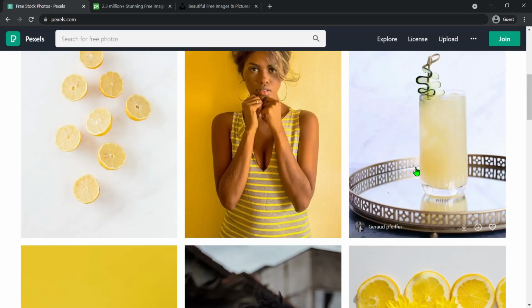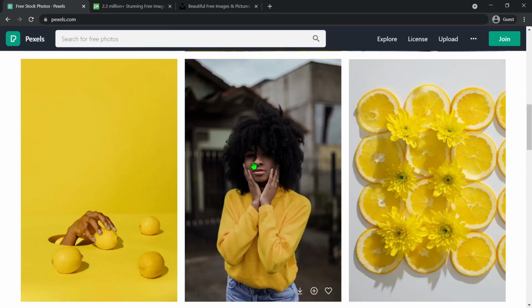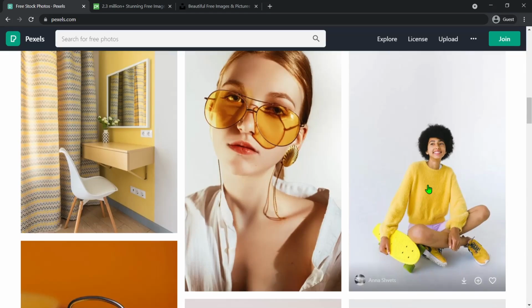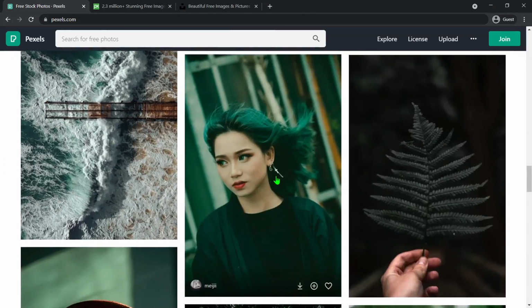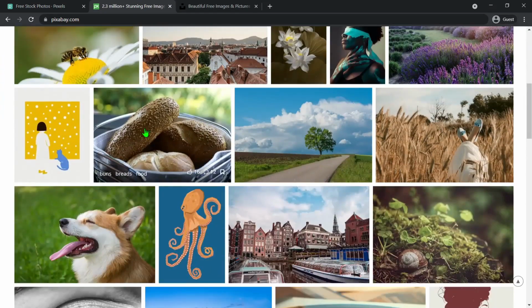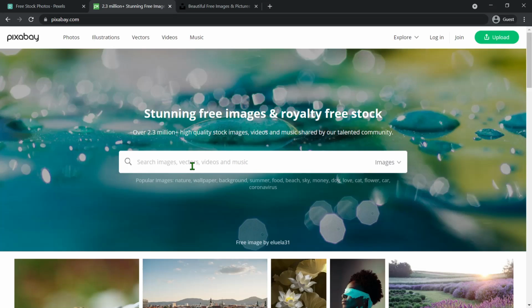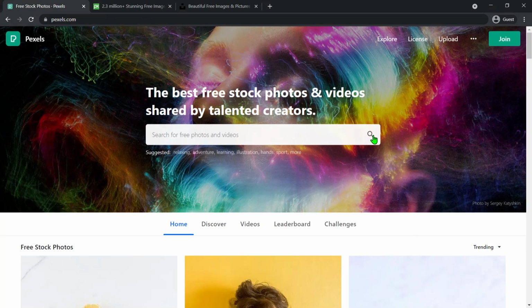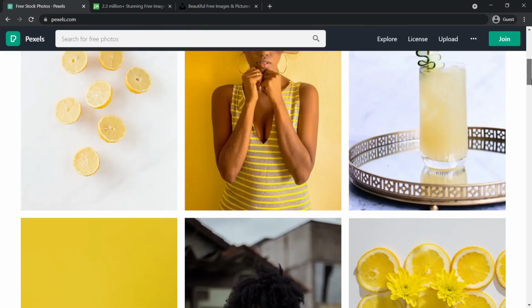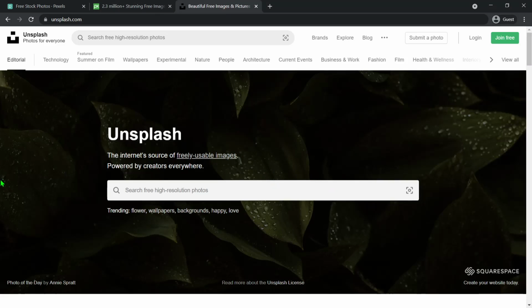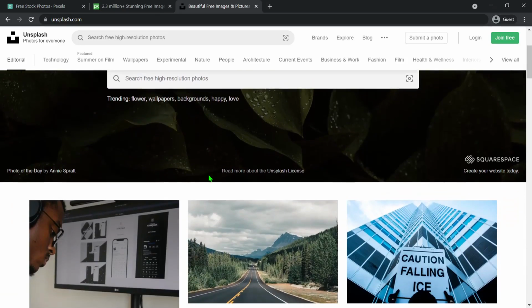In all of these websites, you will get amazing HD quality and even 4K quality images, which look pretty cool. Look at this quality of images. It is of a very high level. I think Pixabay has a bit less collection of images, and also many of them are paid ones, but that's not totally the case with pexels.com. Most of them are free and there are lots of images.